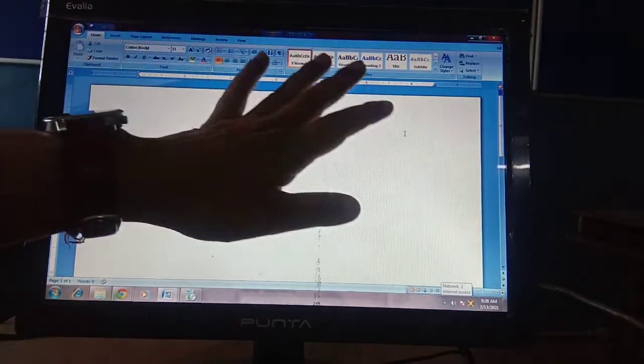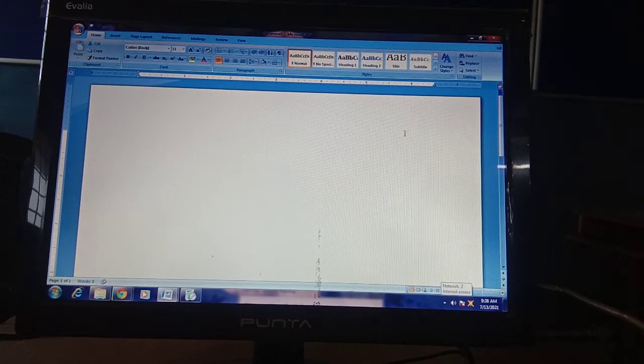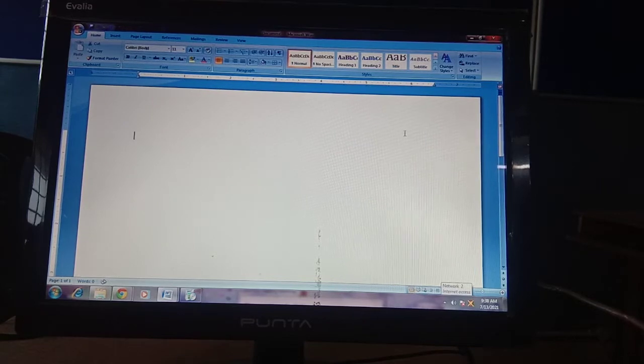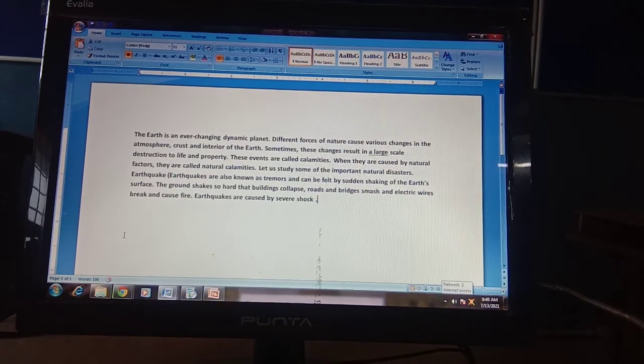I already explained all the tools that we learned in previous chapters, in your chapter Understanding MS Word. Here in today's class we are going to learn formatting in a document. So first of all we need to type a paragraph. I am typing one paragraph, so it will take a little bit of time. For example, this is the text that I have entered in your document.